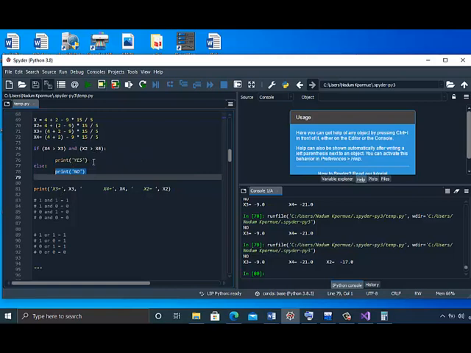That is when yes will be printed out. So this is basically the concept of truth table. If you could understand truth table